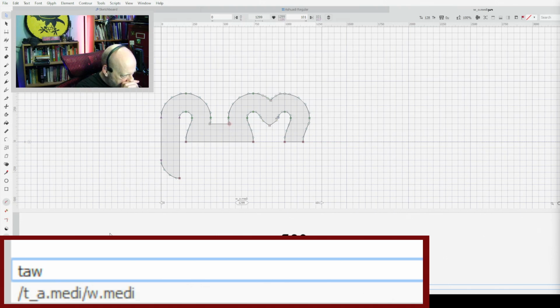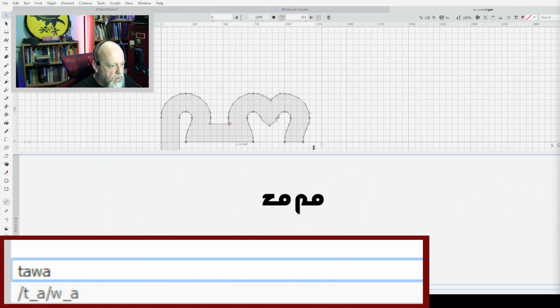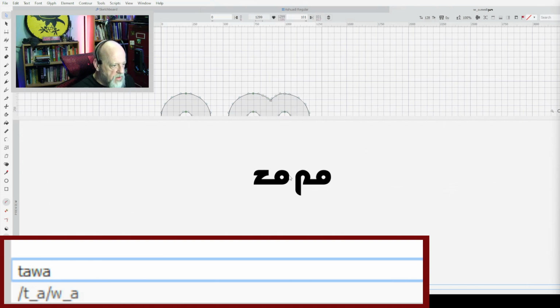And it's drawn right. And if I add another A, it switches it right, so it becomes TAWA, which you're not seeing because I've got it scrolled out of the way. Just a sec here. There. TAWA.